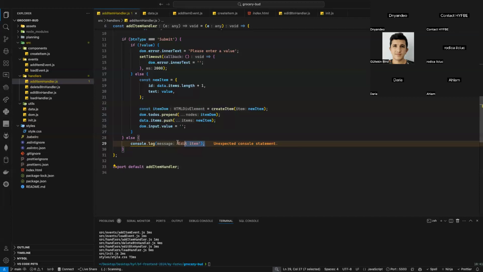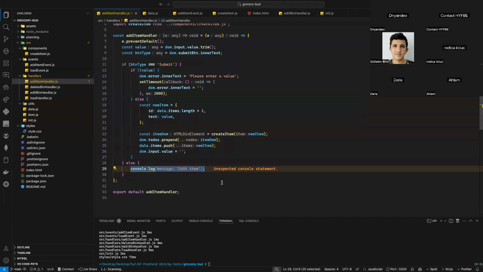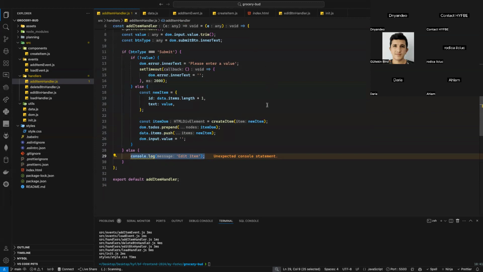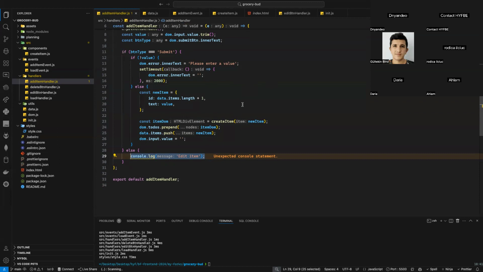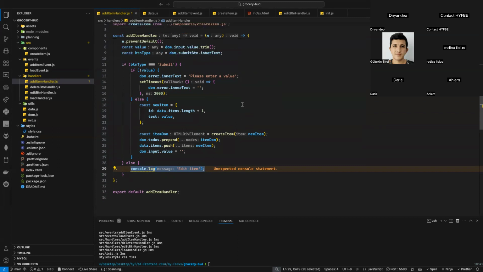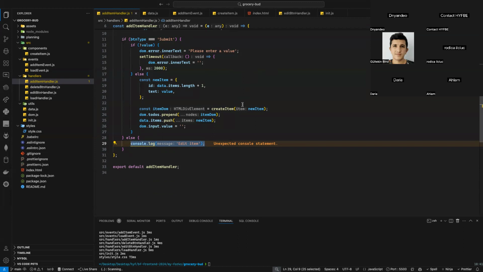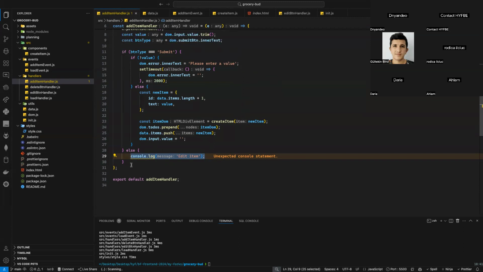Now here my edit item. Now I still need the value, by the way. This value, I still need it. Maybe actually I should. No, that's fine. It's okay. So now what I need to do now, I am in submit. When the user tries to do submit, the submit is here. But when the user tries to edit,